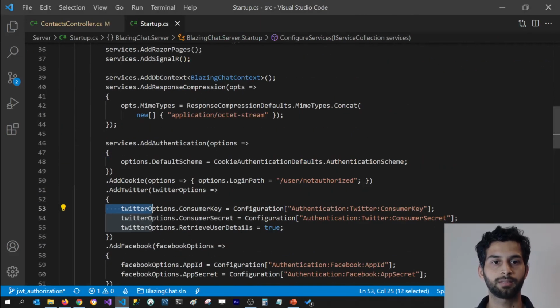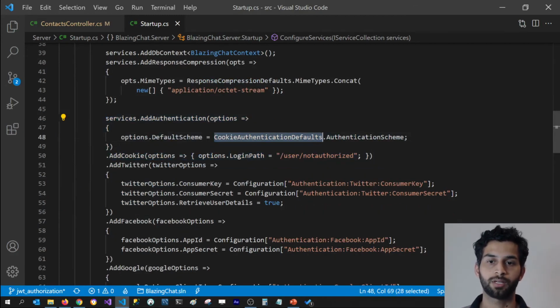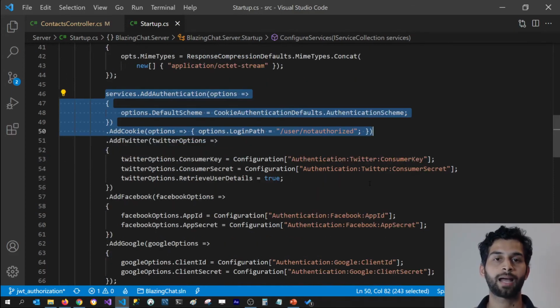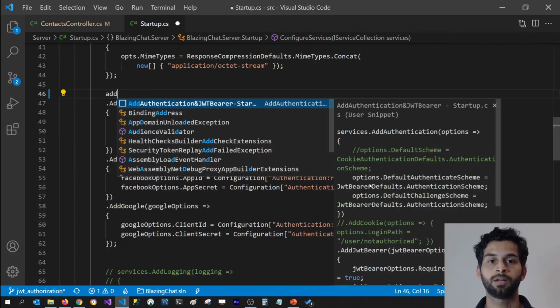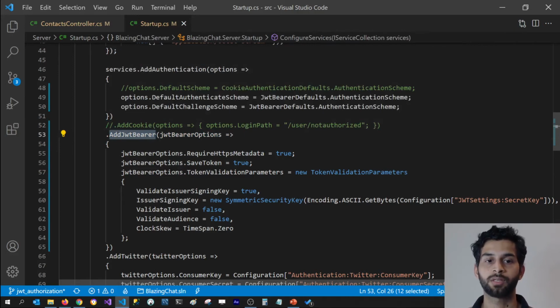and look at the authentication support that I've added, here I'm using cookie authentication, and we're not using cookie authentication anymore. We are using JSON Web Token authentication. So instead of this, I'm going to add support for checking JSON Web Token authentication. I'm going to add authentication support here, which is going to have the default scheme as JWT bearer default authentication scheme, and the same for the default challenge scheme too. And instead of adding cookie, I'm going to add JWT bearer,